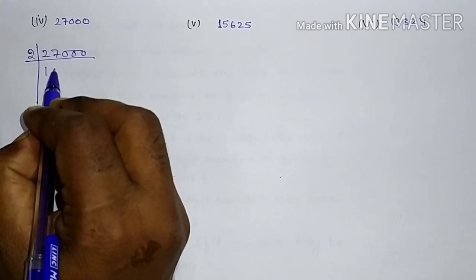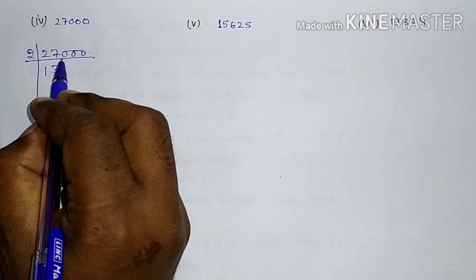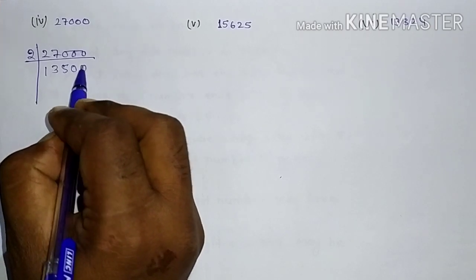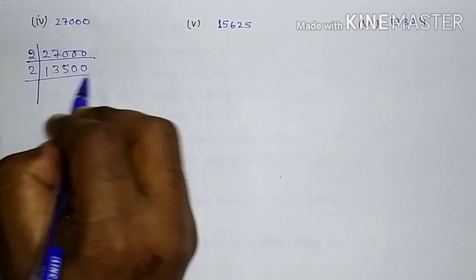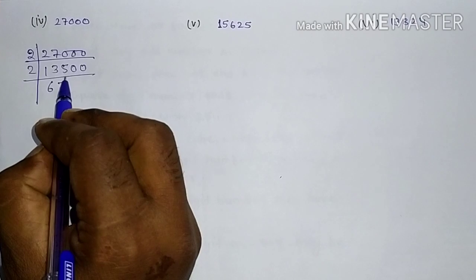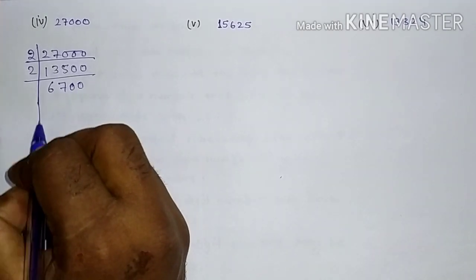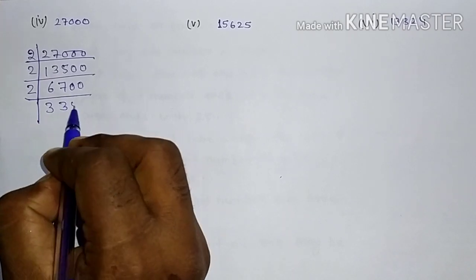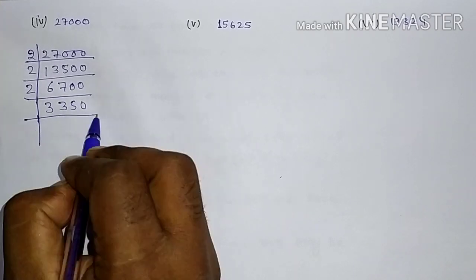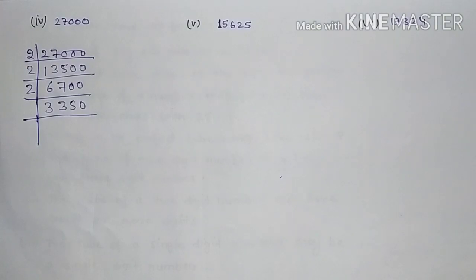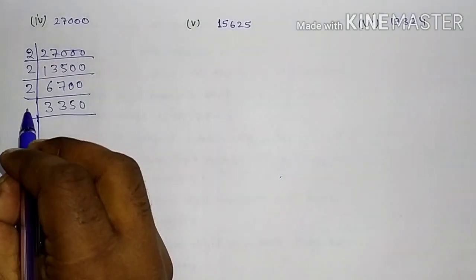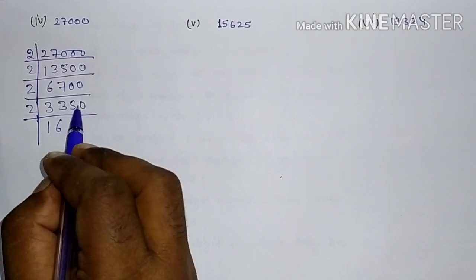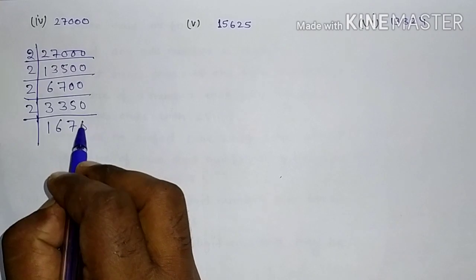2 1 ja 2, 2 3 ja 6, carry 1, that is 10, 2 5 ja 10, and 0, 0. Now again divide by 2, that is 2 6 ja 12, 2 7 ja 14, 0 0. Again divide by 2, that is 2 3 ja 6, 2 3 ja 6, 2 5 ja 10, and 0. Again take 2 here, 2 1 ja 2, carry 1, 13, 2 6 ja 12, 15, 2 7 ja 14, 2 5 ja 10.